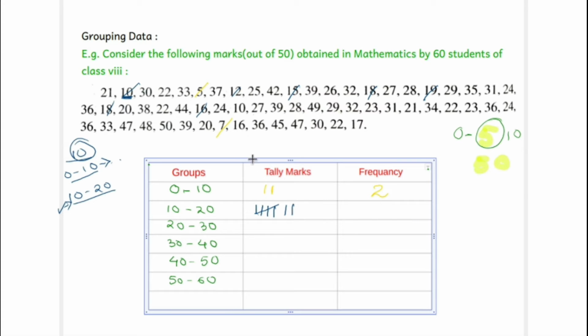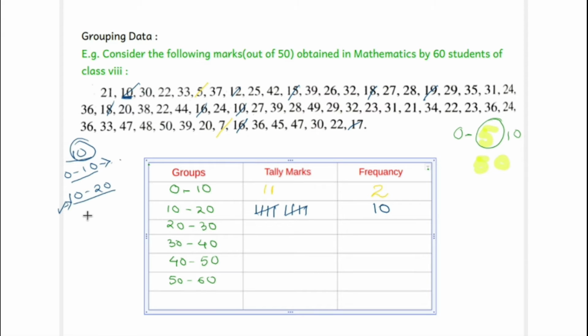16. Then 10 again. Again 16. 4. Okay. 17. So 5. So 5 plus 5 is 10. Okay. Hope you have understood now. Now come to